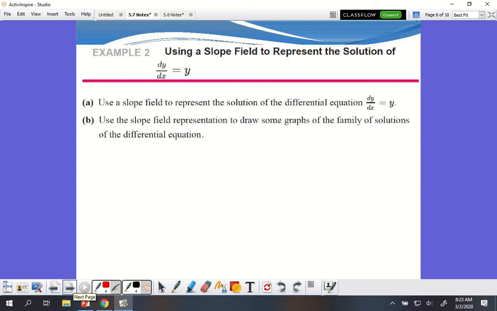Okay, use a slope field to represent the solution for the differential equation dy/dx equals y. So what do I need to do? I need to make a general solution first. Okay, so I'm going to make a general solution. To make a general solution, what do I got to do? Multiply by dx and